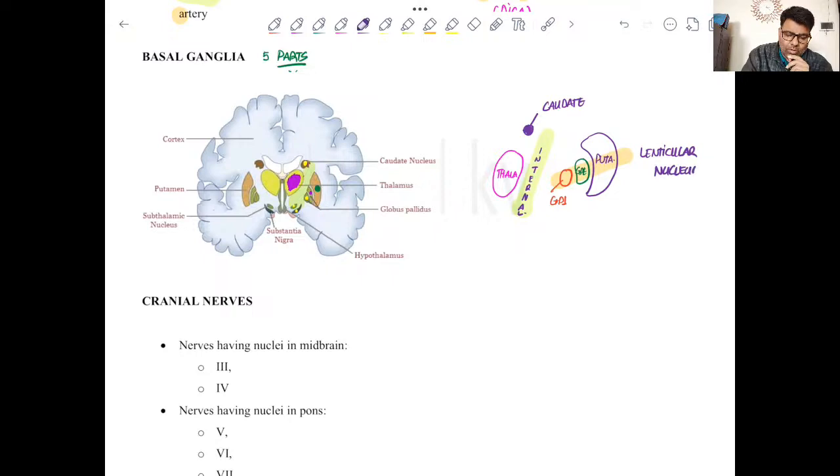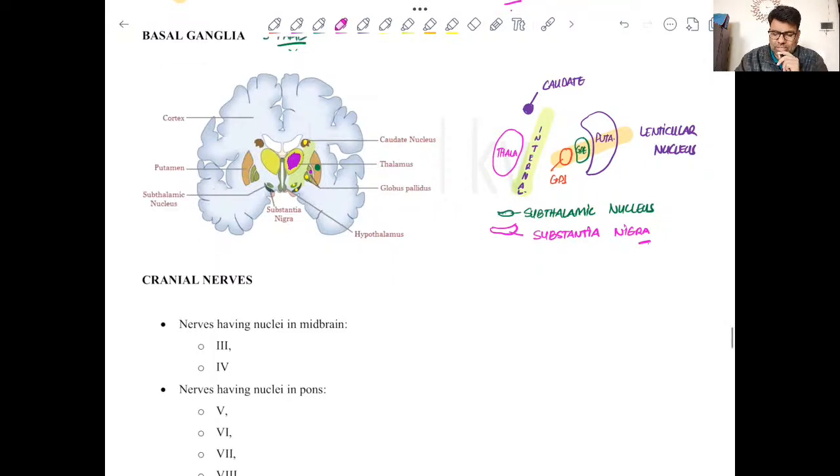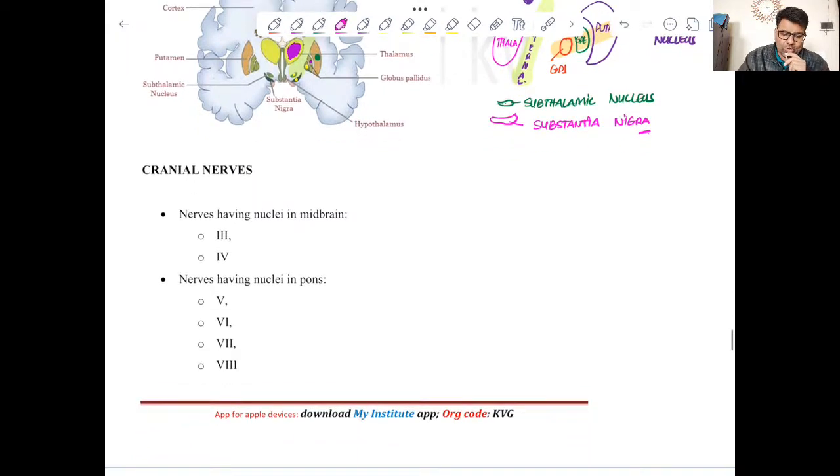Clear? Lower down, below the thalamus, you will have subthalamic nuclei. So here there is subthalamic nucleus, and below that we have substantia nigra. So please remember this because it is a very important question, and most of the time we have an image based question out of this concept. Then moving forward to cranial nerves,